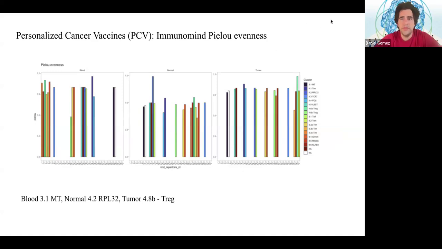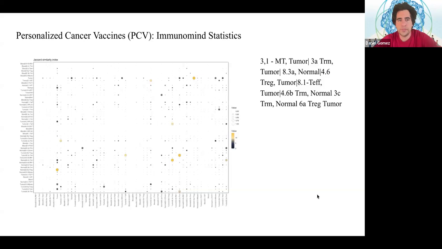And then the Pielou evenness showing in each tissue, blood, normal, and tumor, per cluster, the immune repertoire ID. So I was looking at this and I found 3.1 MT in blood, normal, I found 4.2 RPL32, and tumor 4.8b Treg to be the most significant for the Immunomine Pielou evenness. And this Jaccard similarity index, or Tanimoto